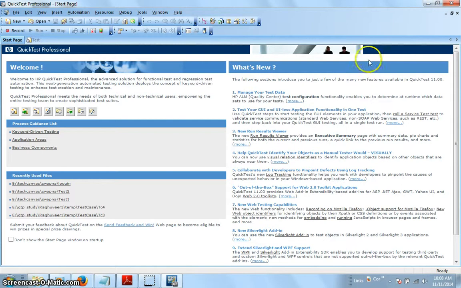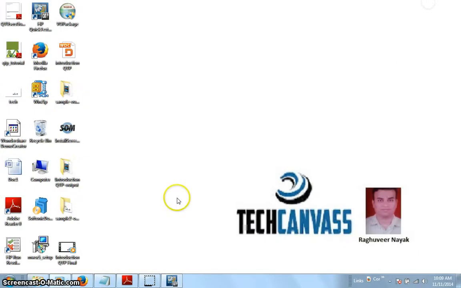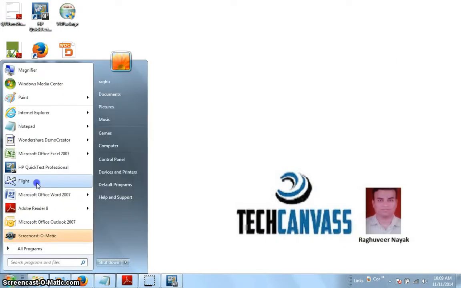Okay, now I can show you a very small quick demo of how QTP deals with this, and finally you can easily understand that this much is the time, this much is the accuracy required. A very thumb rule while you start QTP: you should open your application first, that's this flight.